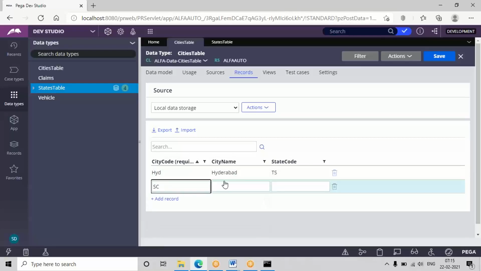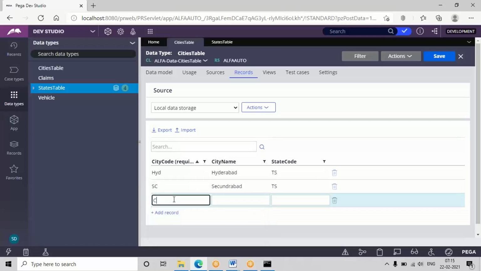So manually add some records so that once we execute any data, we can verify whether the condition is working or not. So like that, add some other records for the remaining states.